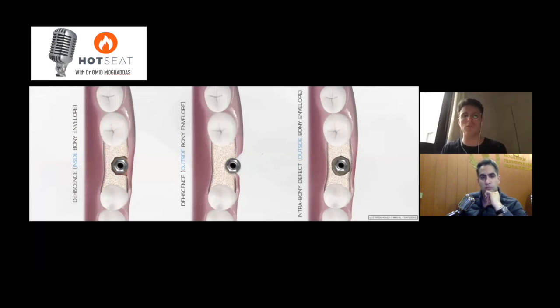And of course, we're going to have a reparative potential from the bone and also for the soft tissue. The second key scenario is probably associated with a lack of keratinized mucosa, but the implant is outside of the bony envelope. The third case scenario, on the right side of the presentation,